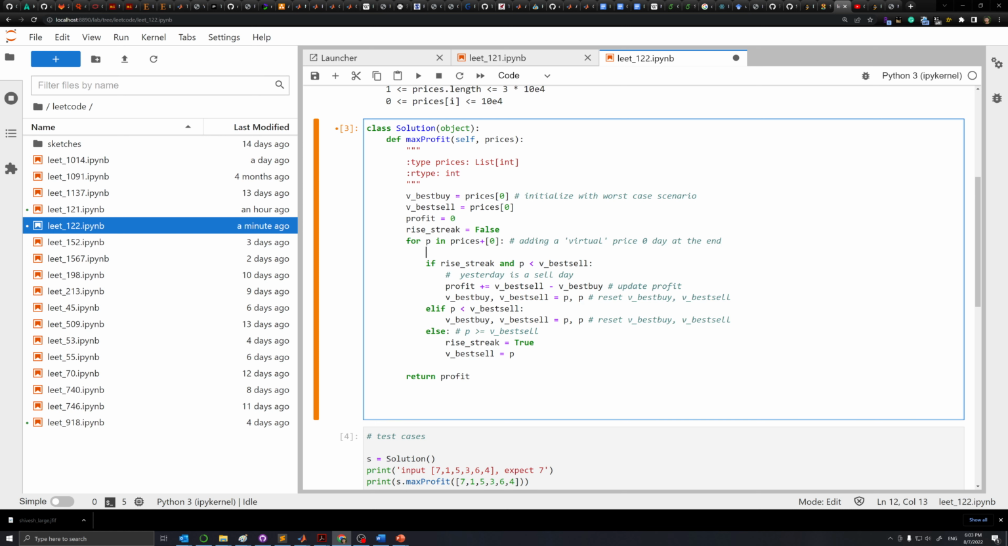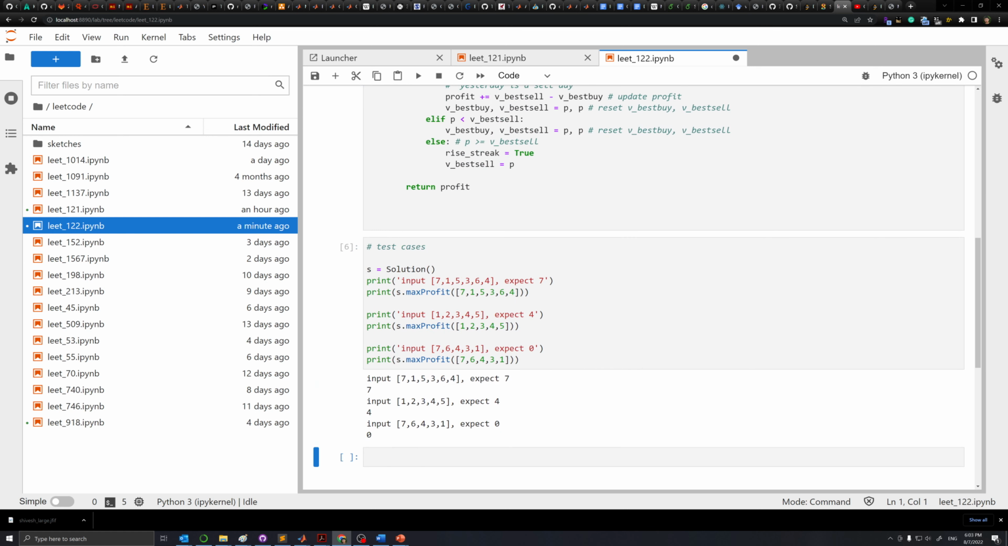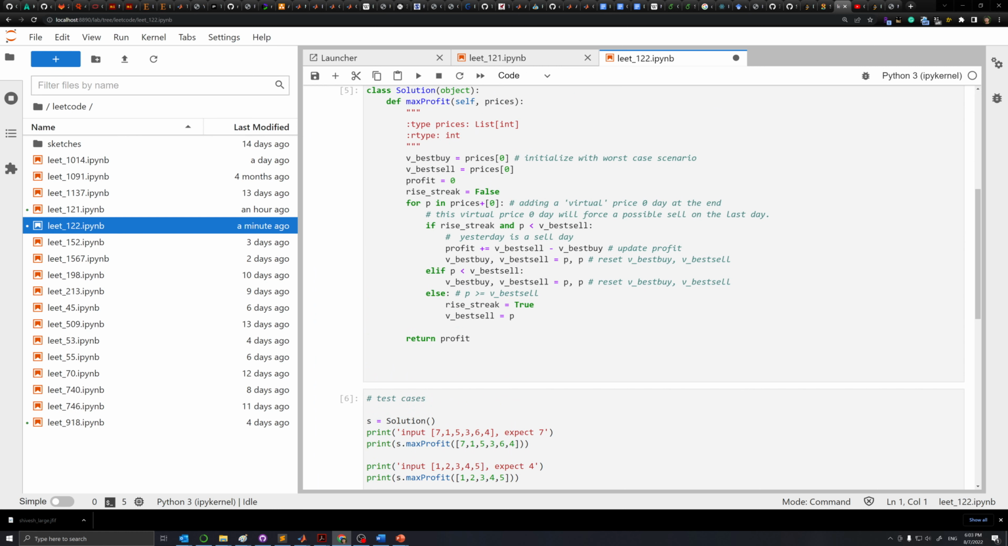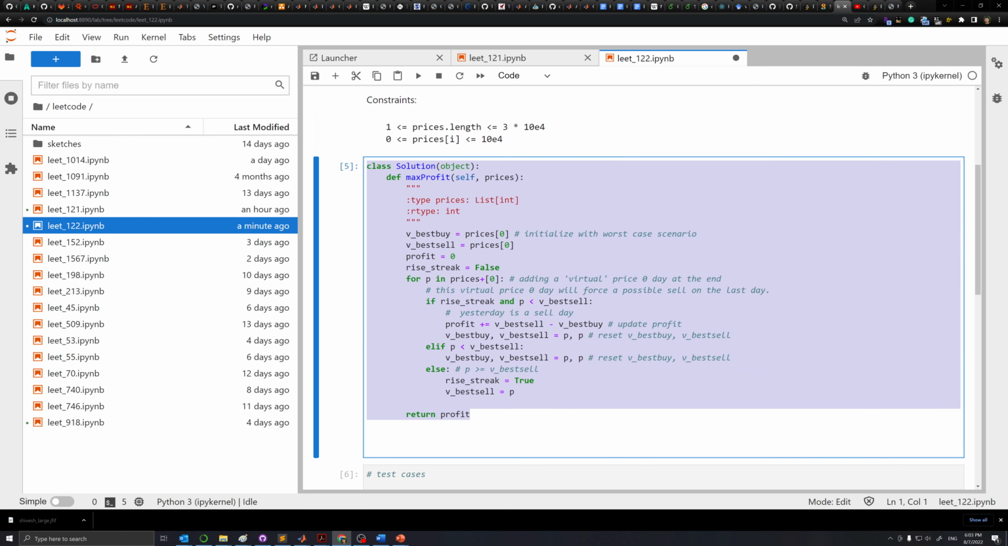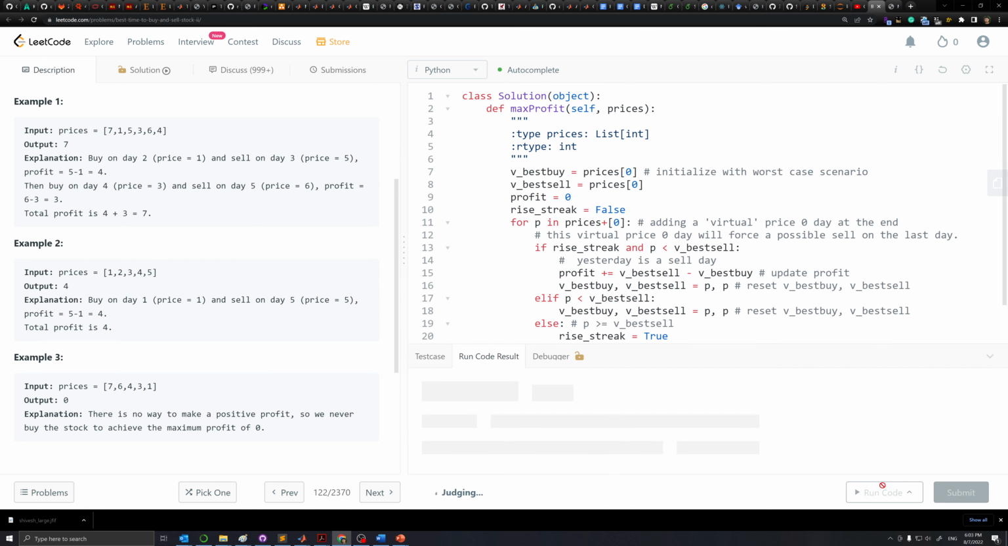Yeah, this virtual price zero day will force a possible sell on the last day. Right. Okay, so now these answers are correct, and let me try to submit this for running this code